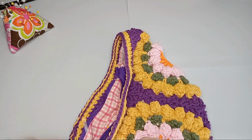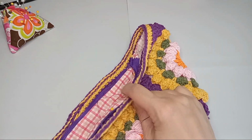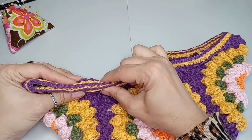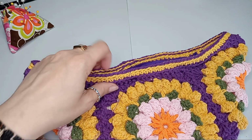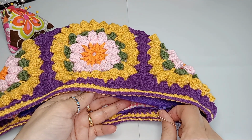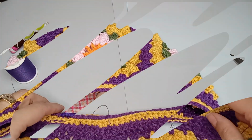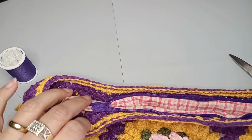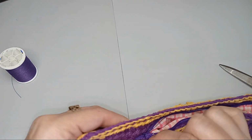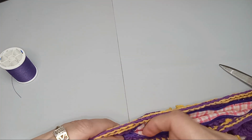Alright, I'll remove this pin too. And I will go till the end and I'll move to the other side. And when I get to the sides over here, I'll just grab some yarn and I'll sew them together. Alright, I'll meet you right here when I'm done. So I came till the end and I'll move now to the other side of the zipper. So I'll just go there. So there, I have some extra thread left over here on my needle. So I'll just go and I'll sew those sides closer together so I can hide the end of my